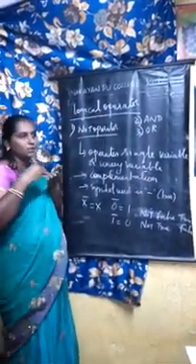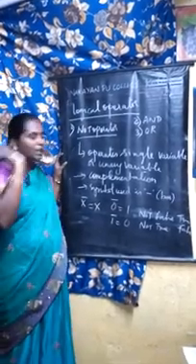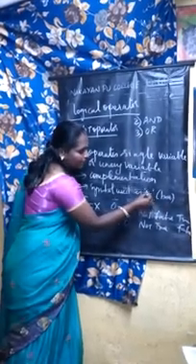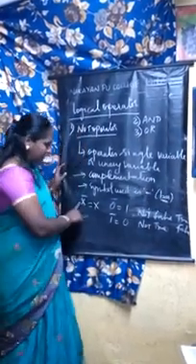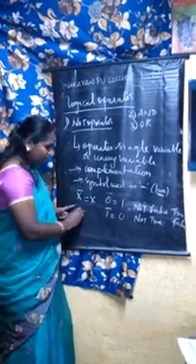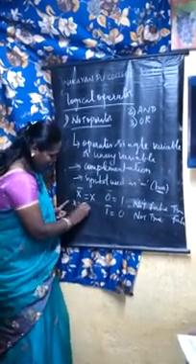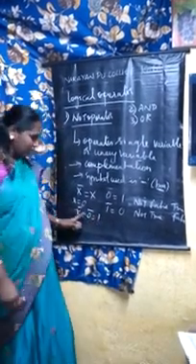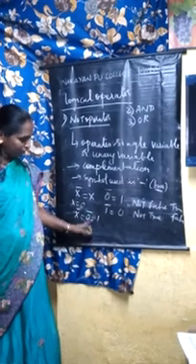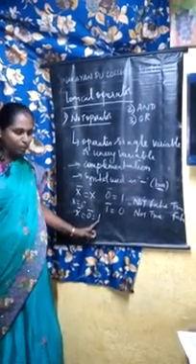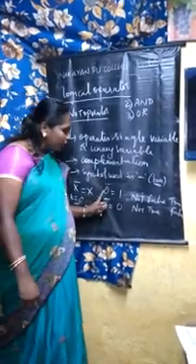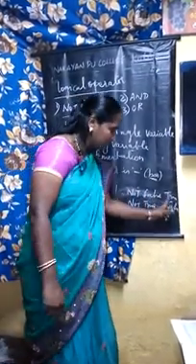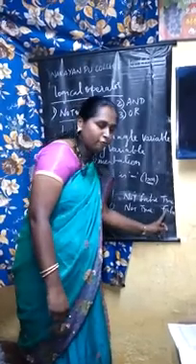The output is the reverse of the input. The symbol used here is bar. X bar is the complement of x. Suppose the x value is 0. X bar is 0 bar, which is 1. Whatever is given, the output is the opposite of the input. So 0 bar becomes 1, 1 bar becomes 0. Not of false becomes true, not of true becomes false.